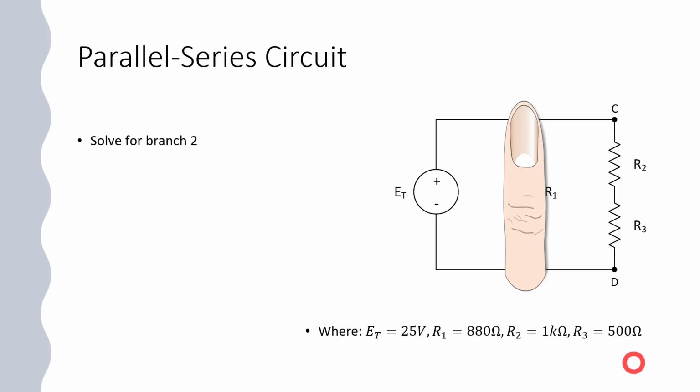So you can do this literally when you're working on your worksheet. Just cover up branch 1 with your finger. And what do we have then? We have a series circuit. We literally have a 2 resistor series circuit with a power supply, okay? So we're just going to use the characteristics that we learned in our series circuit to solve this portion of